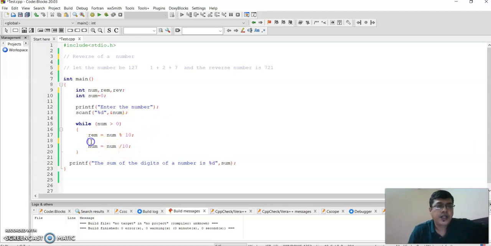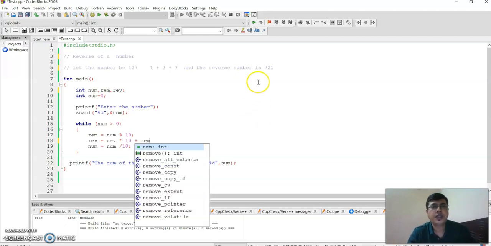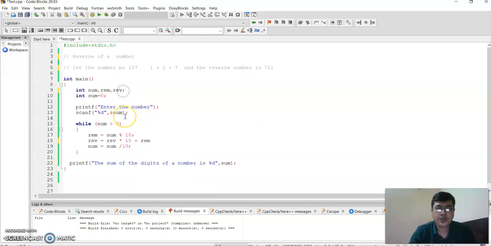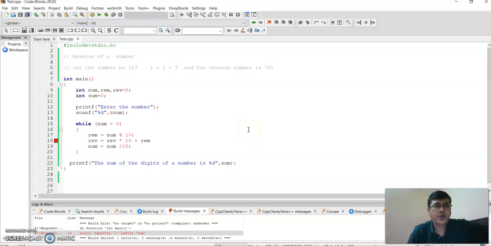Earlier we did the sum, now we are going to reverse it. So I put here rev equal to rev multiplied by 10 plus rem. Rev should be initialized to 0. I save it and execute.